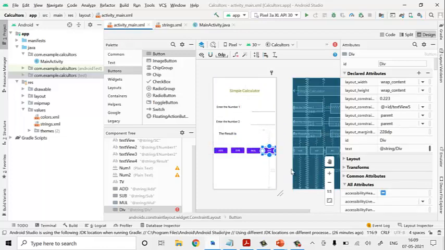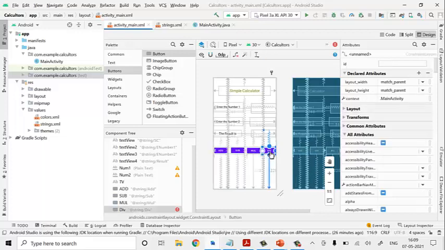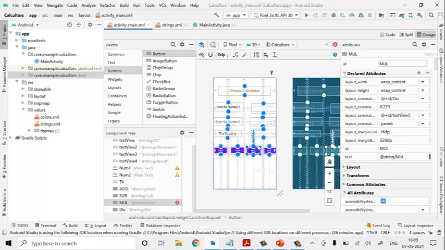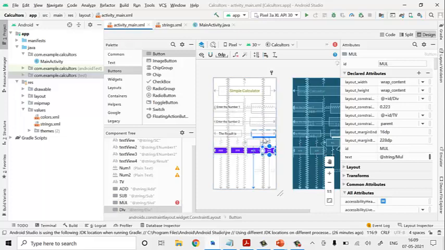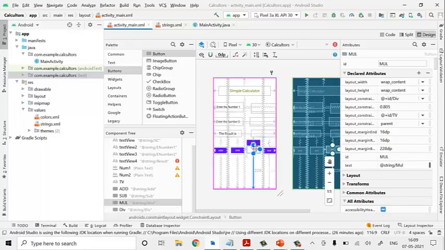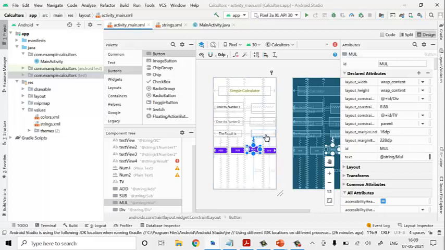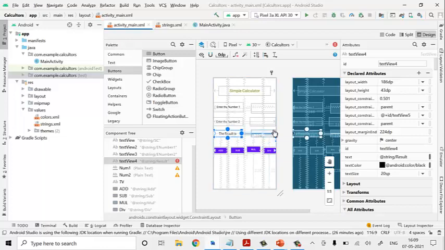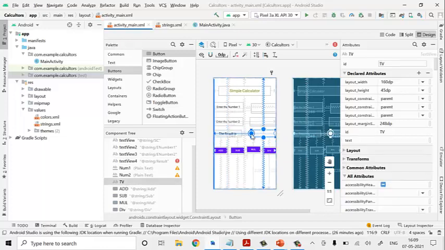Control Z. Okay, set it. String mul, it has not been set, just set it and it is done. View text for, this is the text view of this.